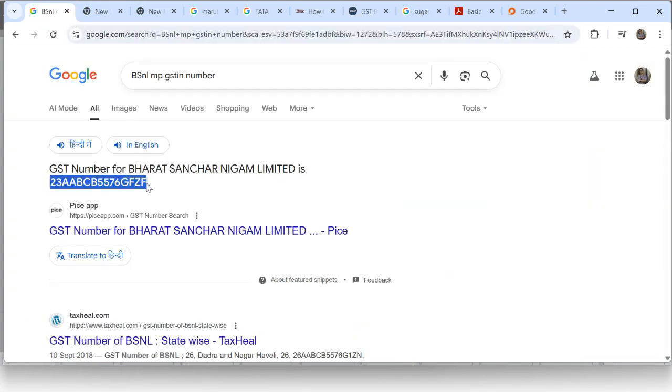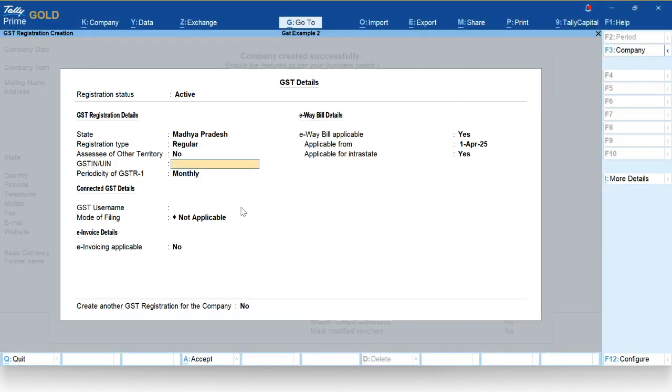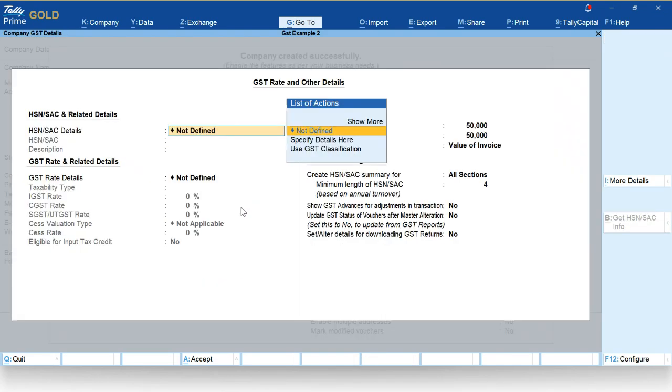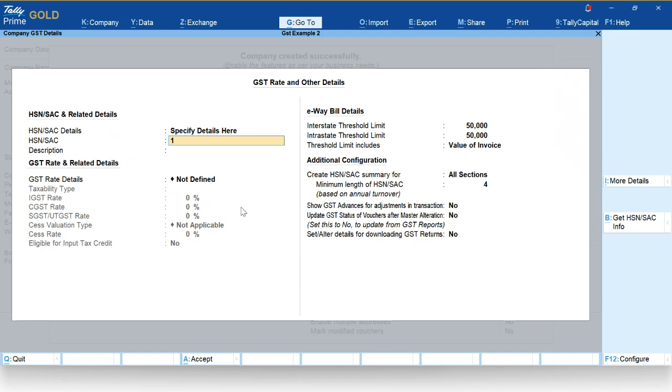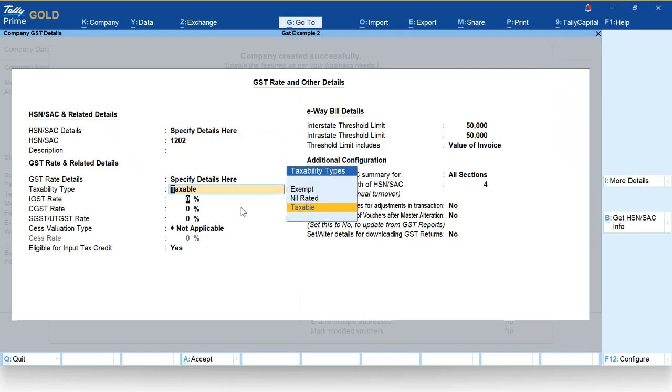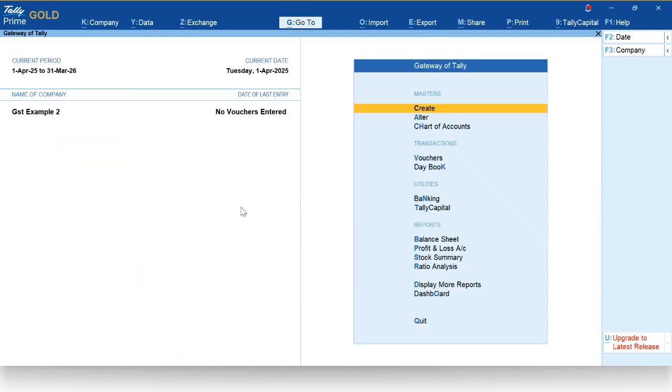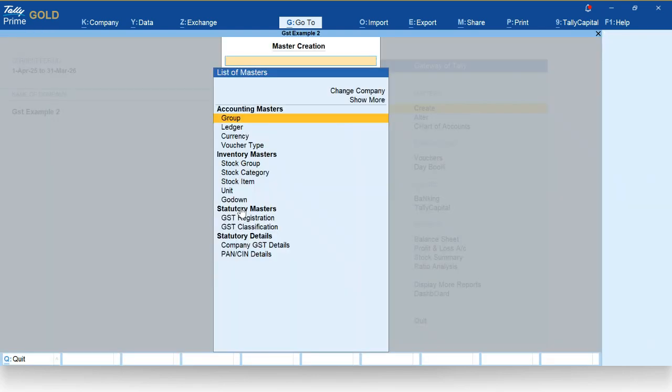Okay, and I have already taken one correct GST number over here. Copy, paste. Control A. Then you have to set one GST rate over here. Specify the details here. For example, 1201. Then specify the details here, and this is the default category, that is 18%. If you are not creating any kind of classification, then the 18% rate will be applied. But you have to create the classification because you want to apply multiple rates. So create